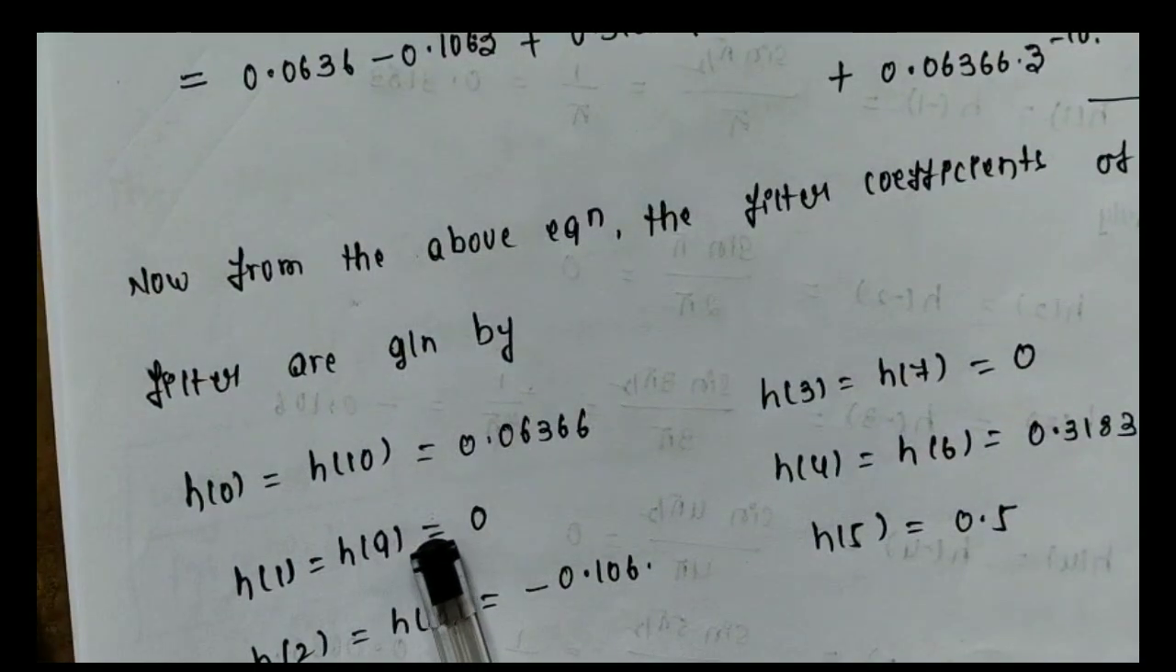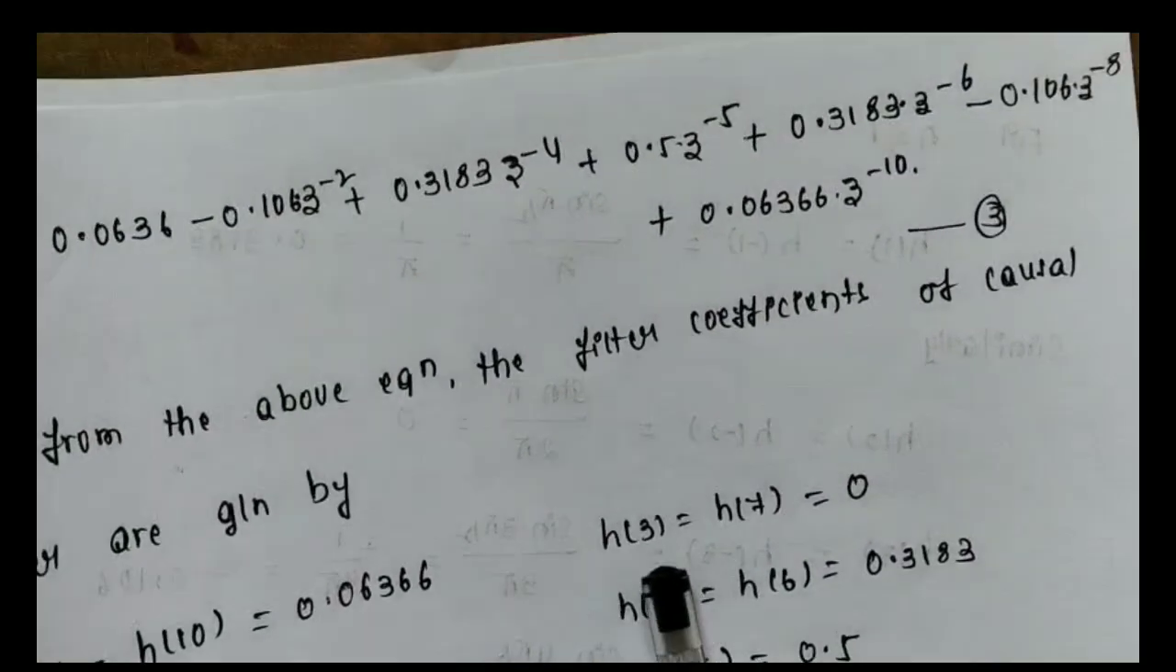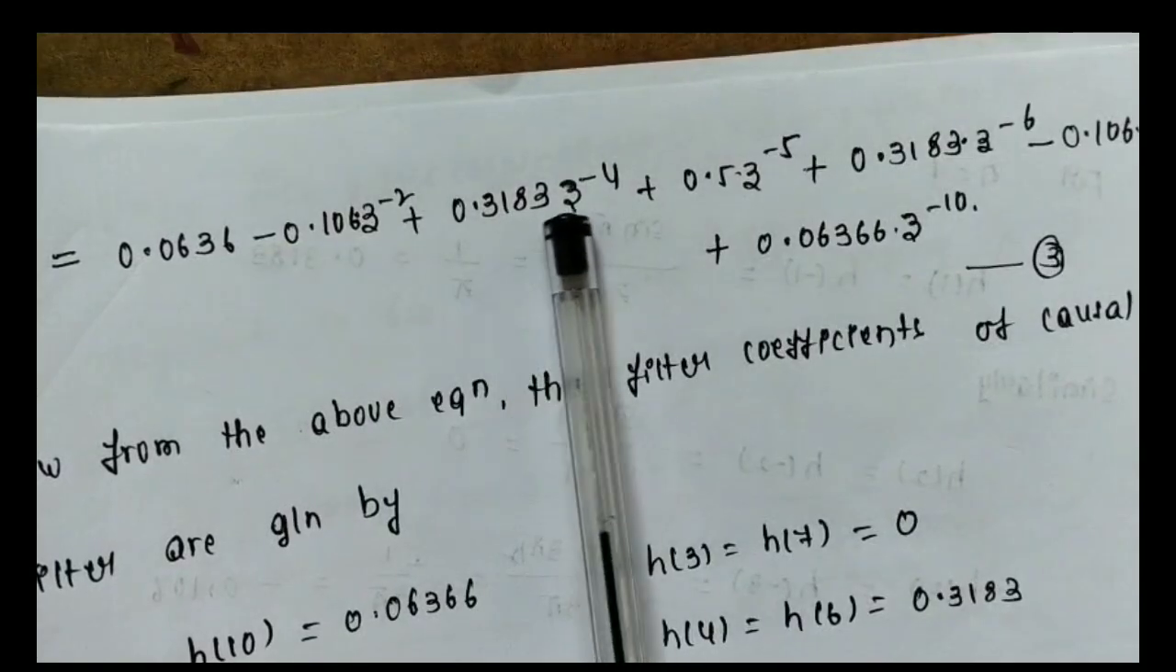So h of 1 and h of 9 both are not there. So h of 1 and h of 9 is equal to 0. h of 3 and h of 7 is also equal to 0. Now h of 4, z power minus 1,